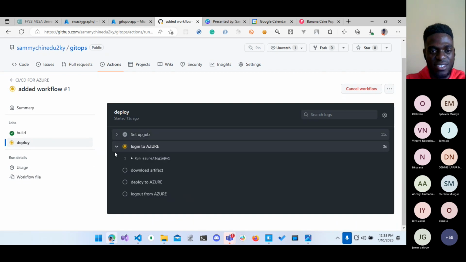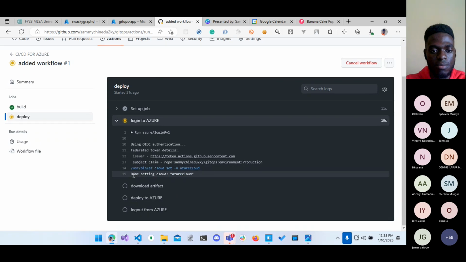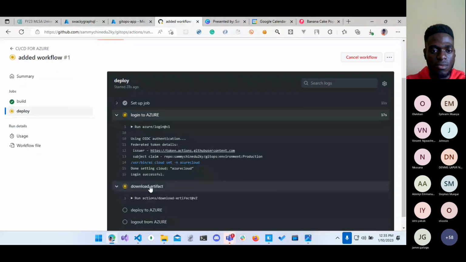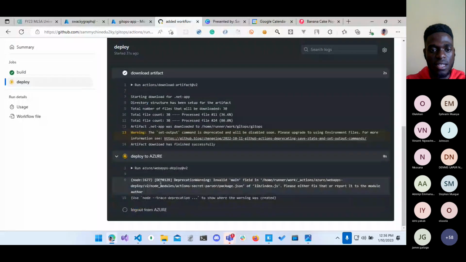I hope this login works. Ooh, nice. Done setting Azure Cloud. So it's downloading the artifact and